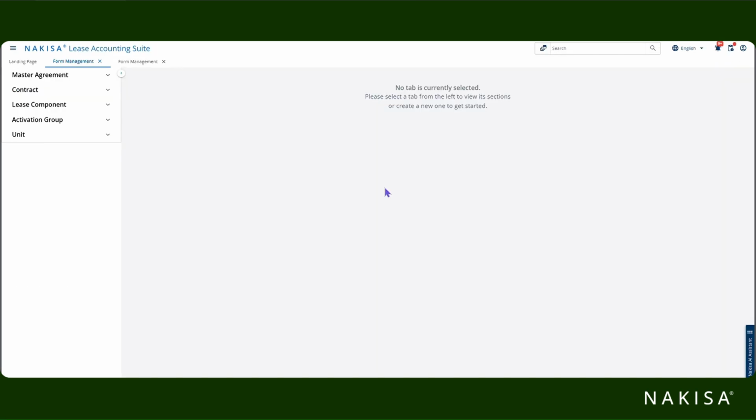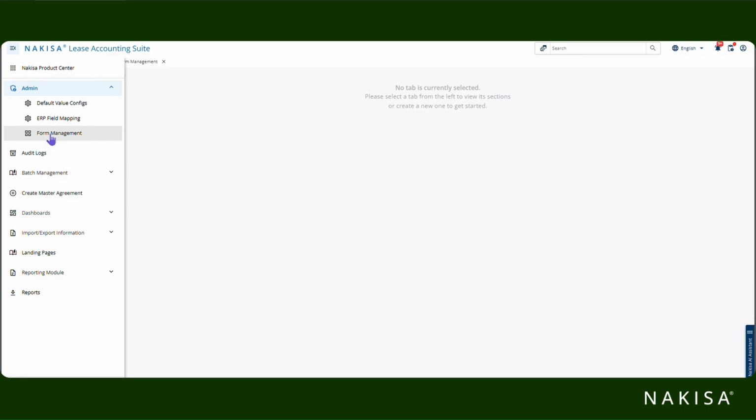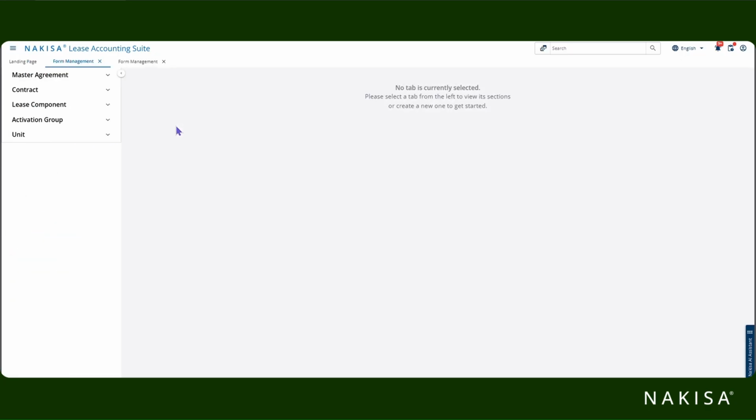Once a user has toggled on form management in the general setting under the FOSS, you'll be able to come on the main menu. Under the admin section, you will see form management as an additional option given to you. So once the user selects the form option, it will provide you this screen whereby you have all the different objects visible where you can add